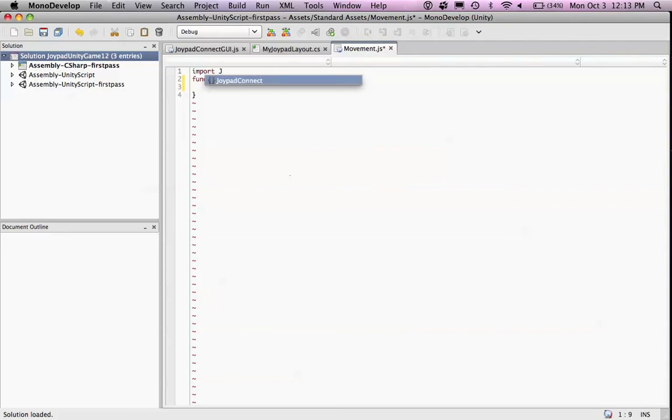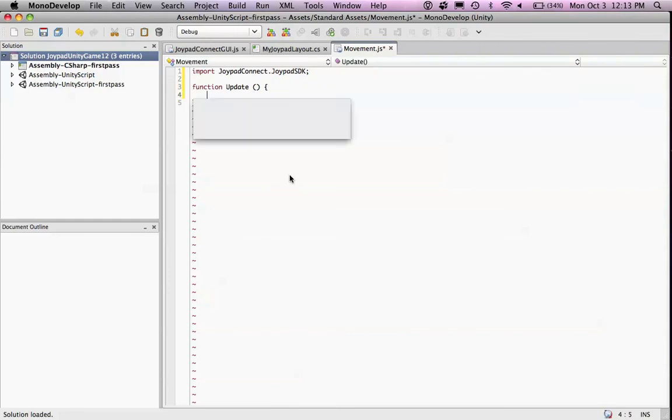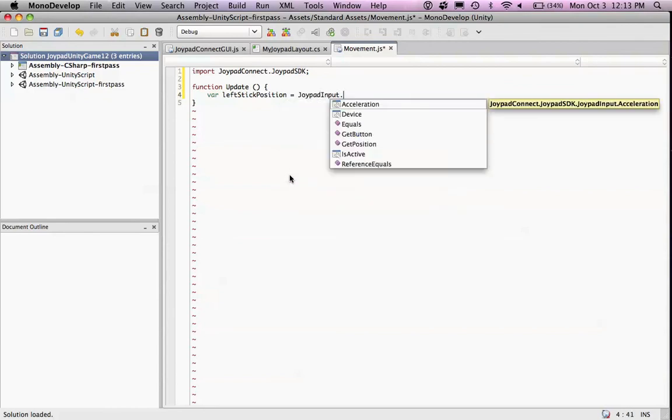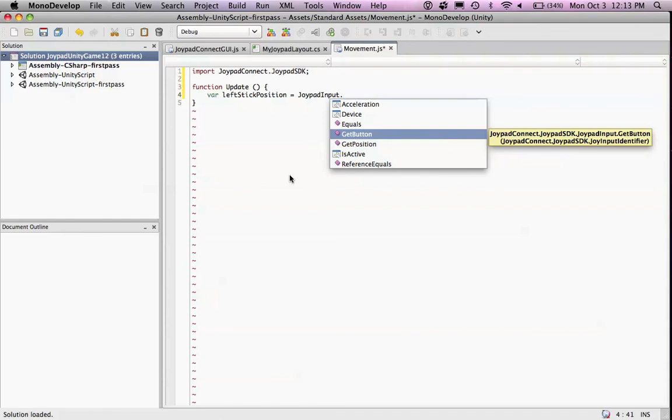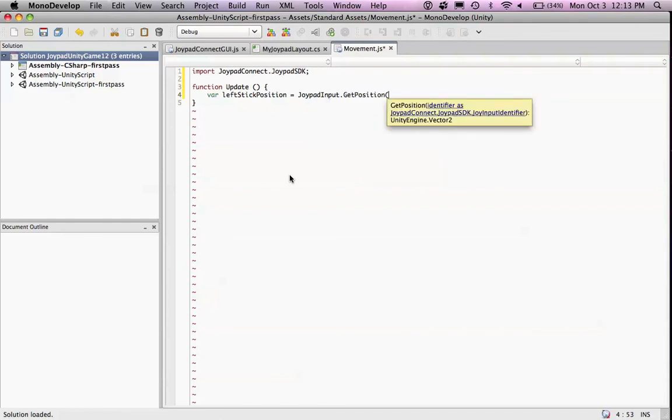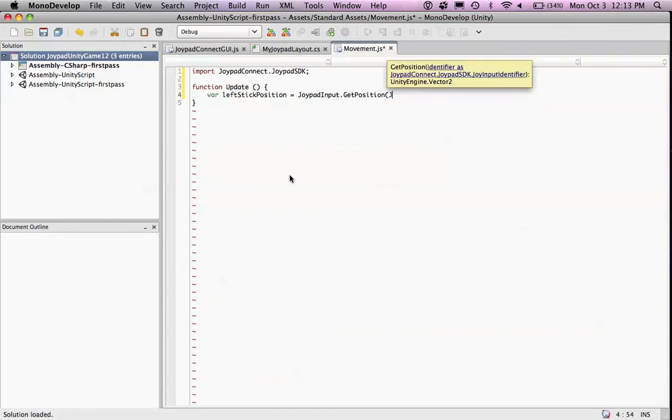So first we need to import the SDK, and then this will return a Vector2. With JoypadInput you can see the other API calls that you can use. You can get the remote acceleration, you can get button state down or up, and you can get positions of the axes. So let's get the position of the identifier that we used earlier,